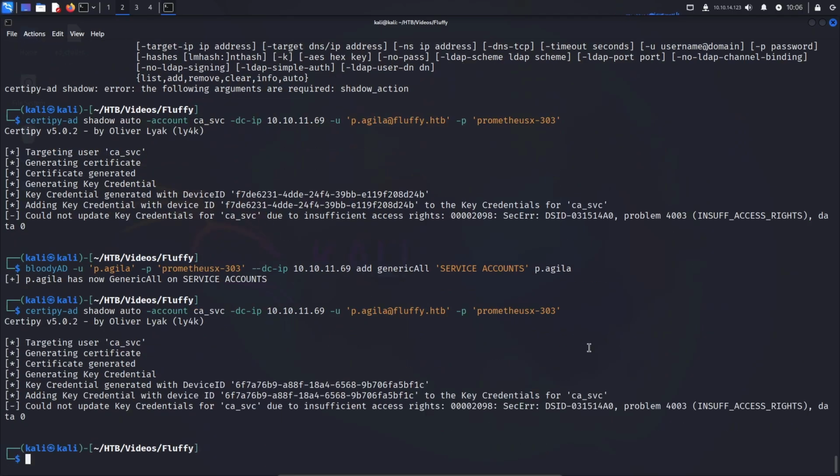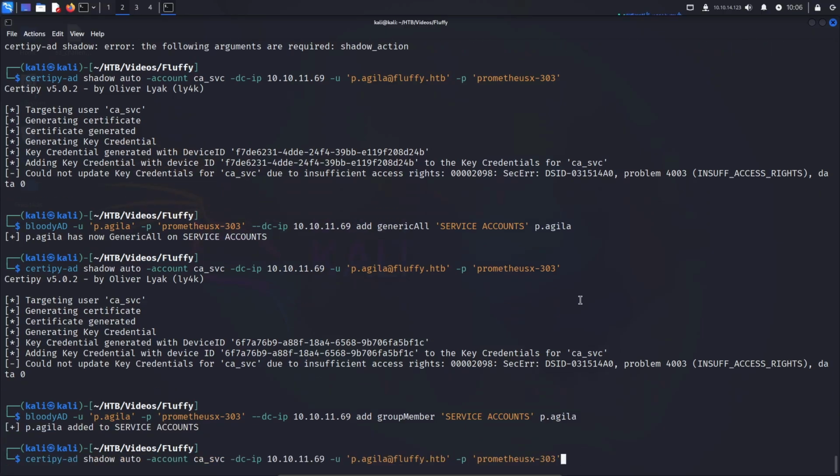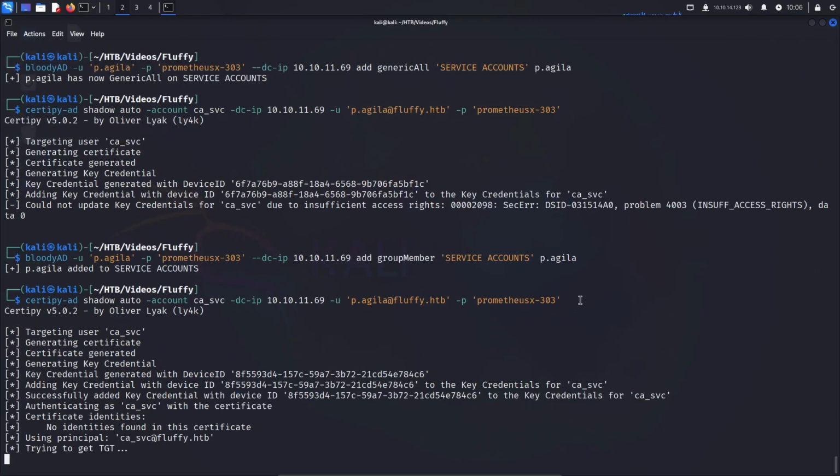And still no. So maybe we actually need to be a part of the service accounts group to abuse these privileges. So let's go to BloodyAD, add group member, I think. I think it's member, like that. Service accounts, and then we're going to add ourselves to the group, and now try this. And yep, looks like it's working. So I guess we had the GenericAll permissions on the service accounts group, but since we weren't actually a part of the group, we had trouble doing this shadow attack,